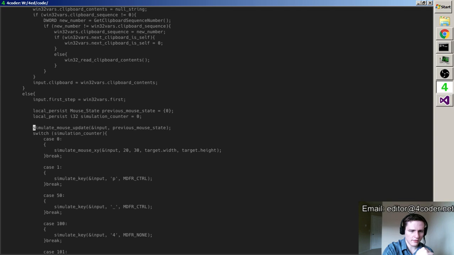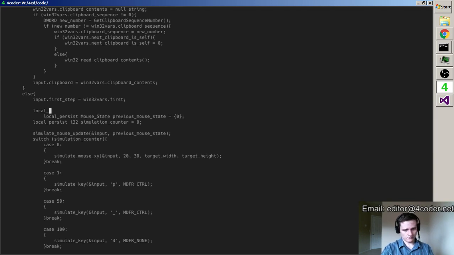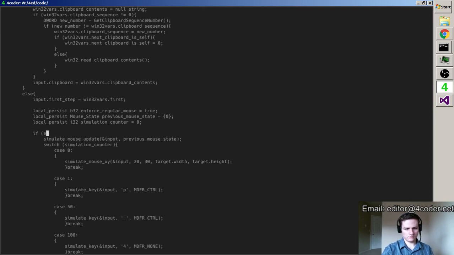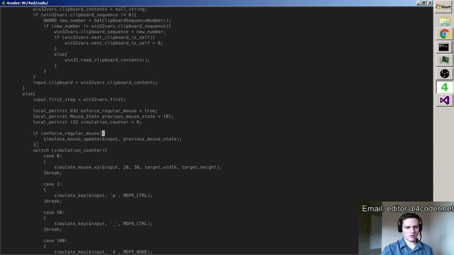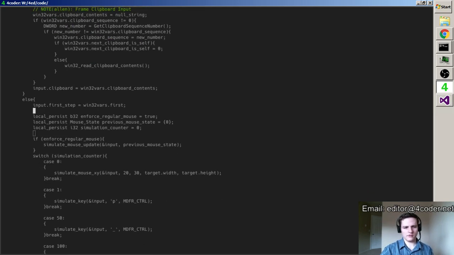Yeah, I feel like I want to be able to turn that off. So I could turn that off if I wanted. I won't play with that right now because I don't actually have any interest in testing bad mouse input yet.